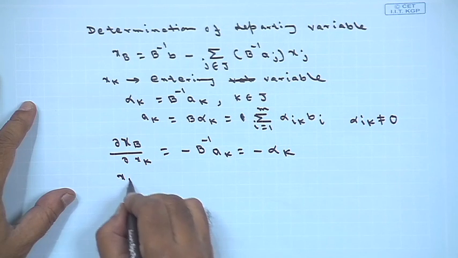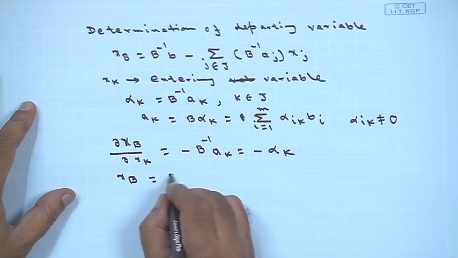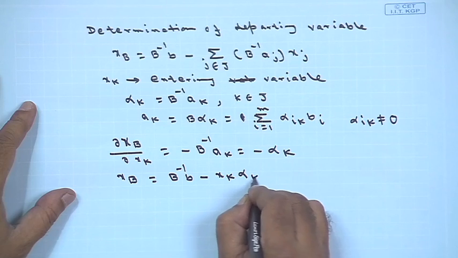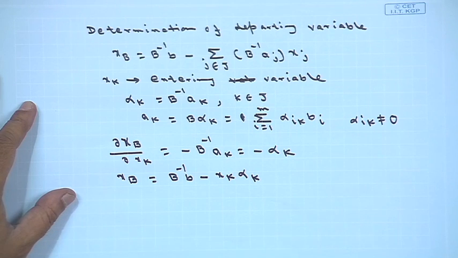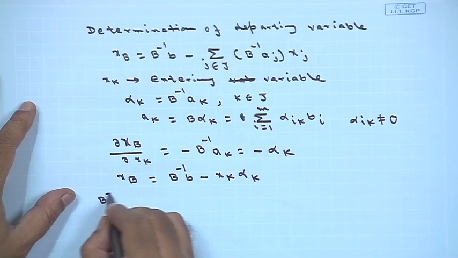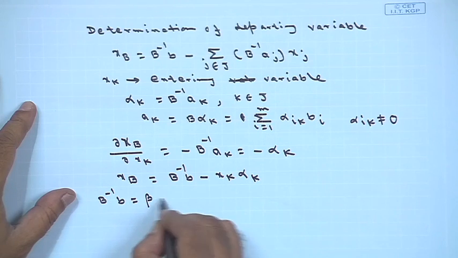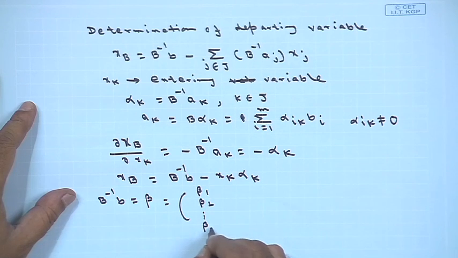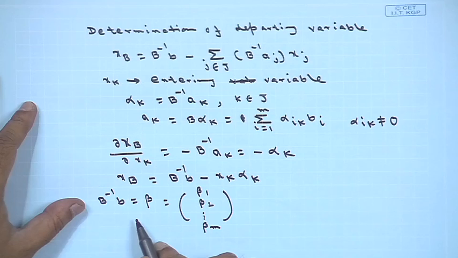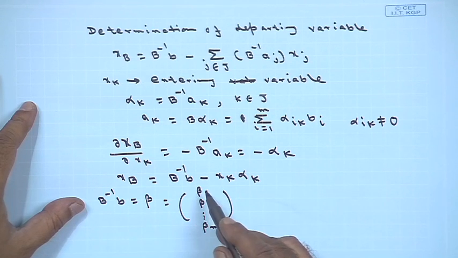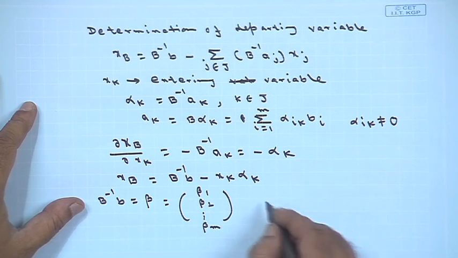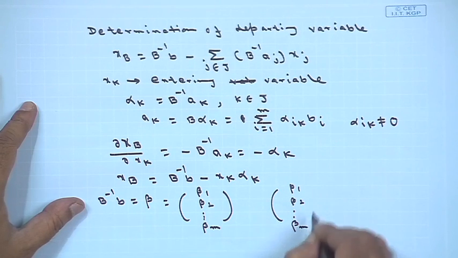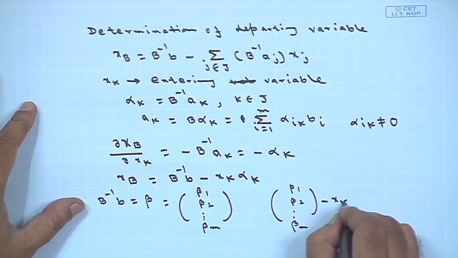So, that x b becomes b inverse b minus x k alpha k. Now, put b inverse b equals beta, which is nothing but beta 1, beta 2, like this way beta m. B inverse b I am assuming as beta, and which I am writing as this thing. In that case, you can tell that beta 1, beta 2, like this way beta m, minus x k into this,